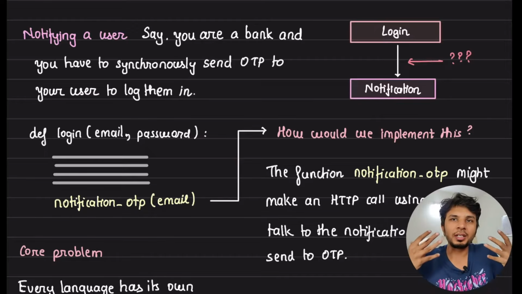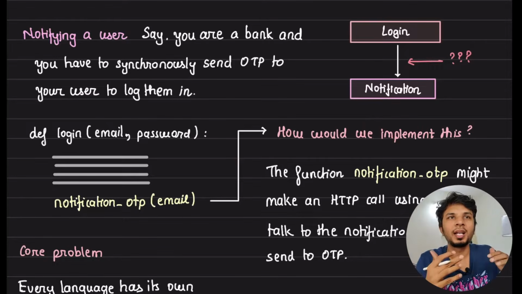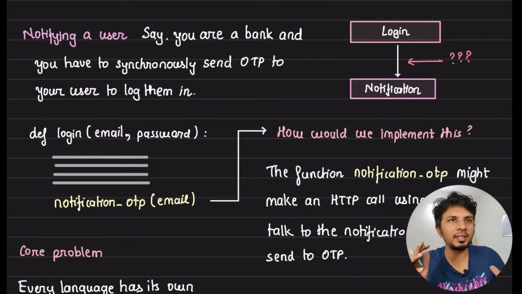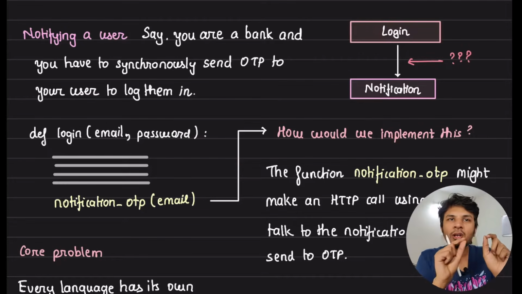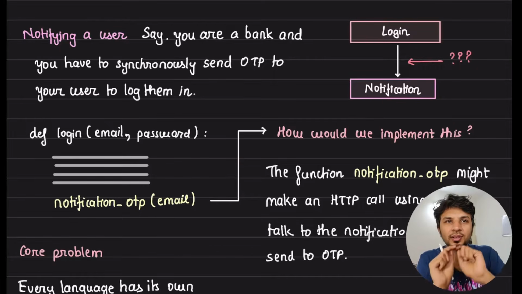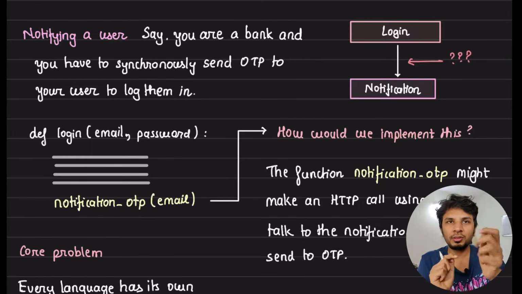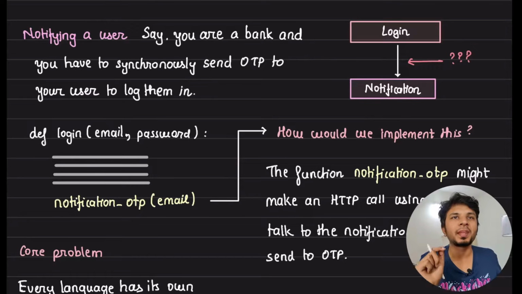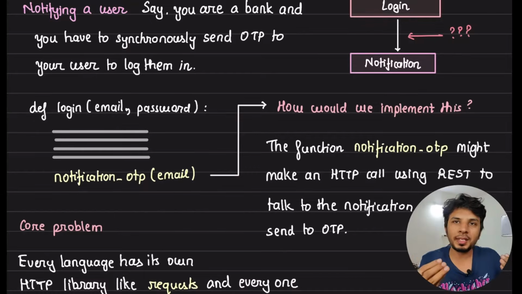Like how would you write the code to do this? So your login method would look something like this. Def login, you take email and password, you write your basic code to generate access token, and at the end you put in notification_OTP(email). So send an email OTP to this particular user, right? So this is how you would write the code, but how will you implement the notification_OTP method is